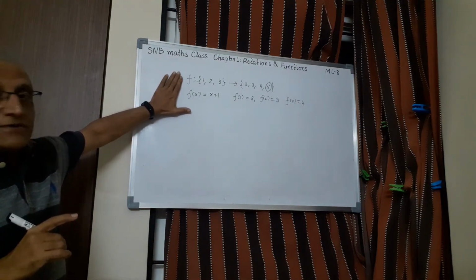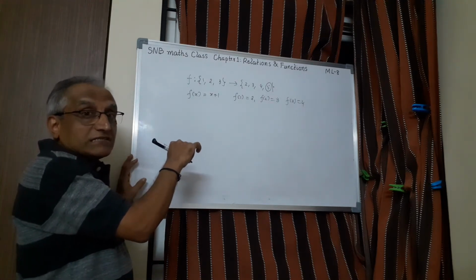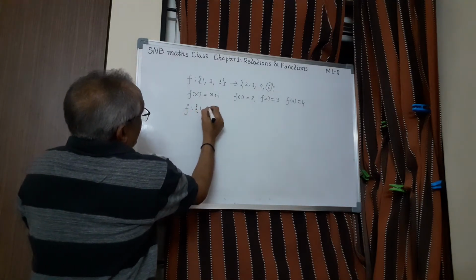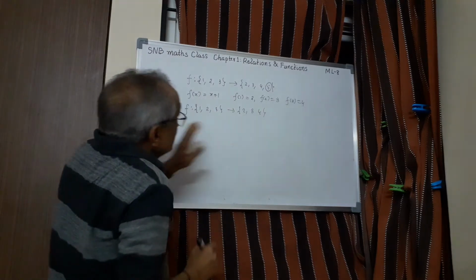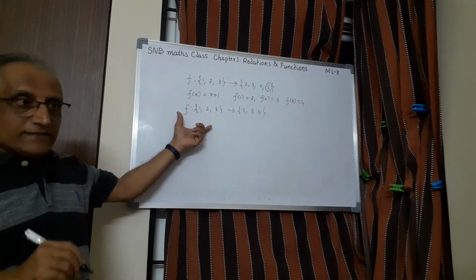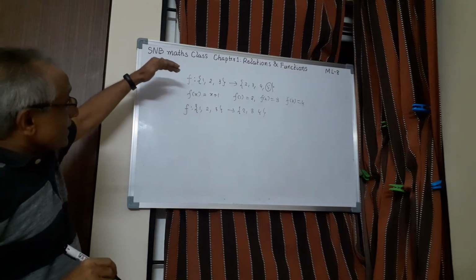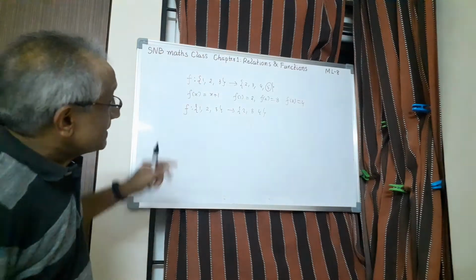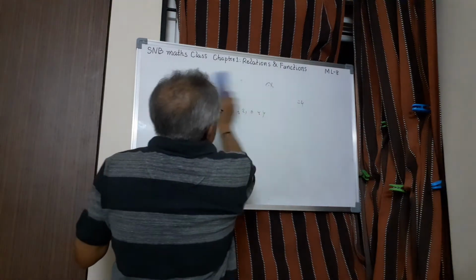The given function is not bijective, but we can make it bijective by redefining it. This is the concept we should understand very clearly. Suppose now I take f from 1 2 3 to 2 3 4, removing this 5 from the codomain, this becomes bijective, which means a given function can be made bijective by either confining the domain or confining the codomain. That means trimming it, removing some of the elements, we can make it bijective. Let me take one more example.